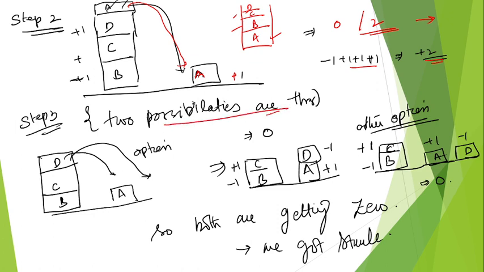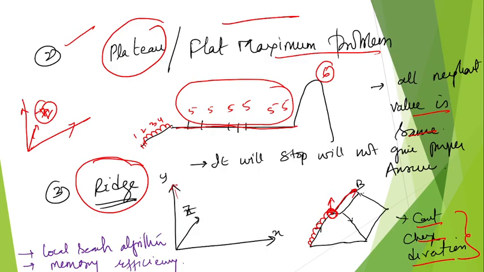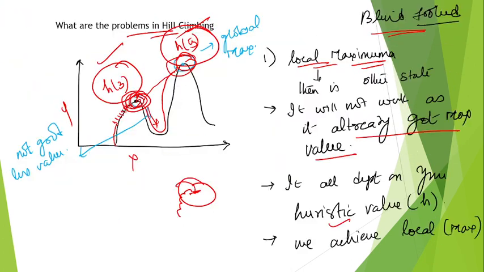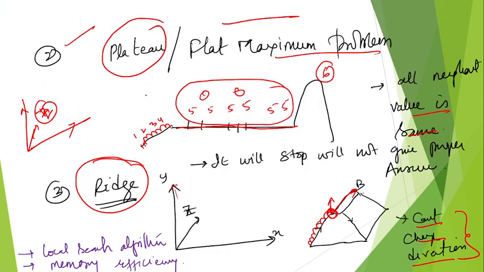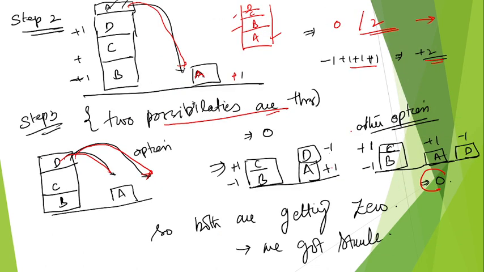Now two possibilities are there. I can bring my D here or I can go by my option here. So B, C, B and C, -1, +1, D, D, +1, -1. So what will it be? It is 0. If I bring it here also, it is 0. So now I am stuck here, 0, 0. Here also I've got these values, correct? I've got the local maxima here. The same way here also, 0, 0. Now both the values, if I go to that position, I am getting 0.